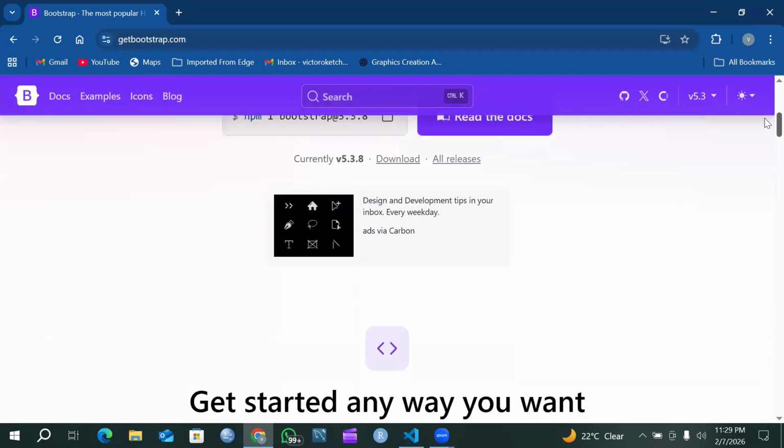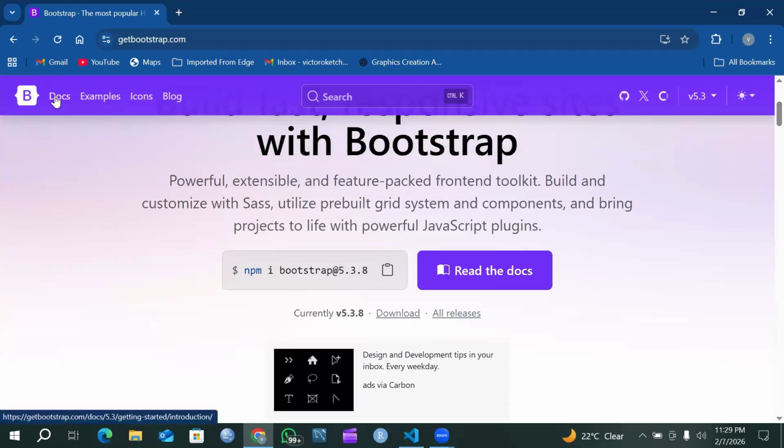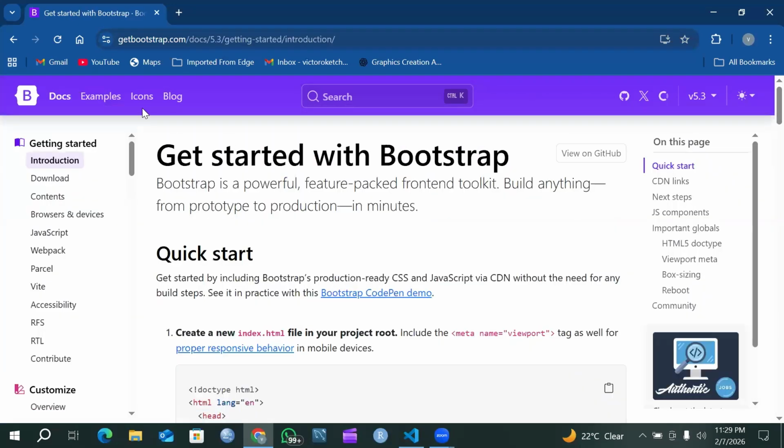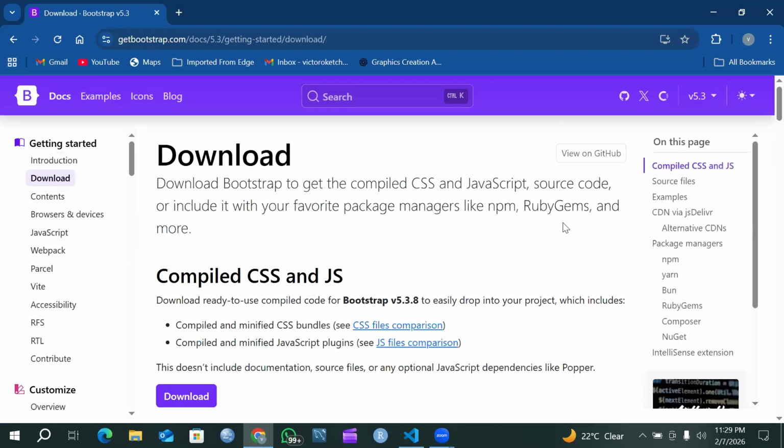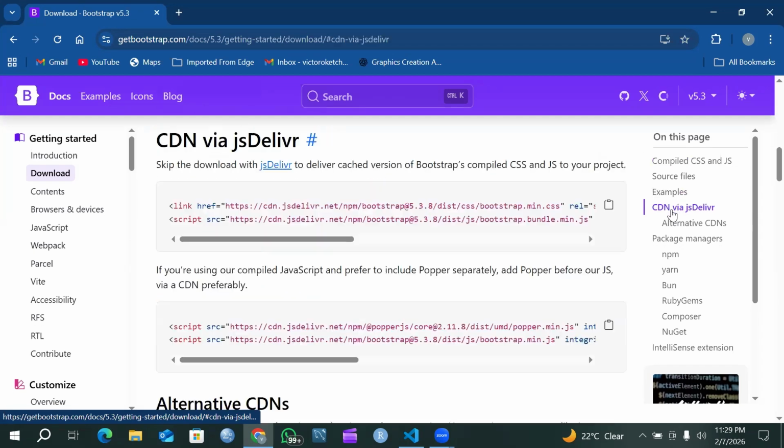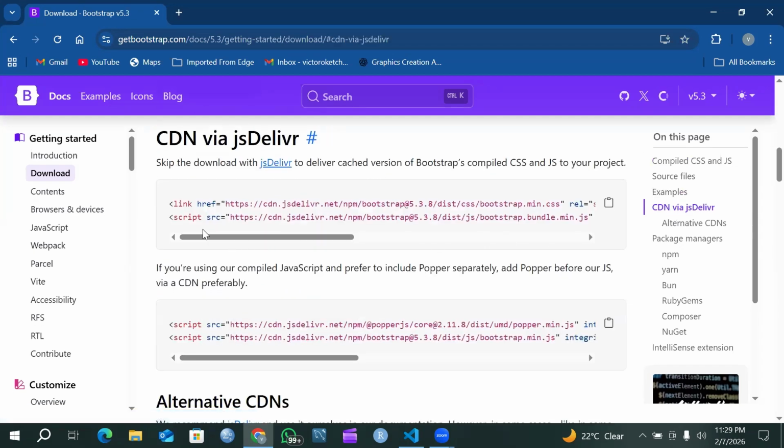So now let's go to documents, docs, then go to download here. So now here we are going to see there is CDN here. Go to CDN, click on CDN. Then you're going to see two links. So there is one here